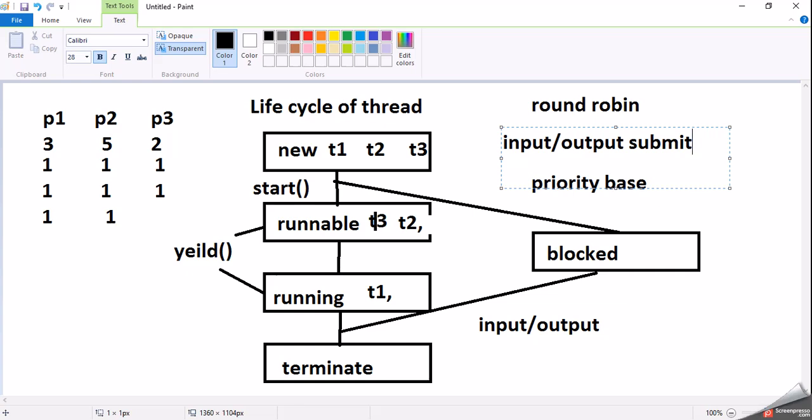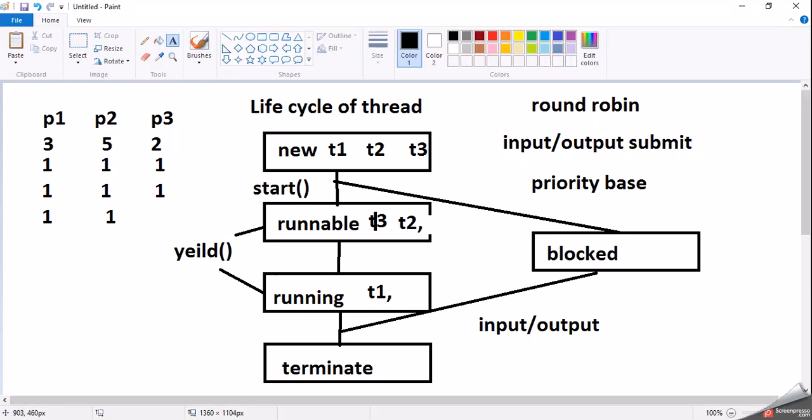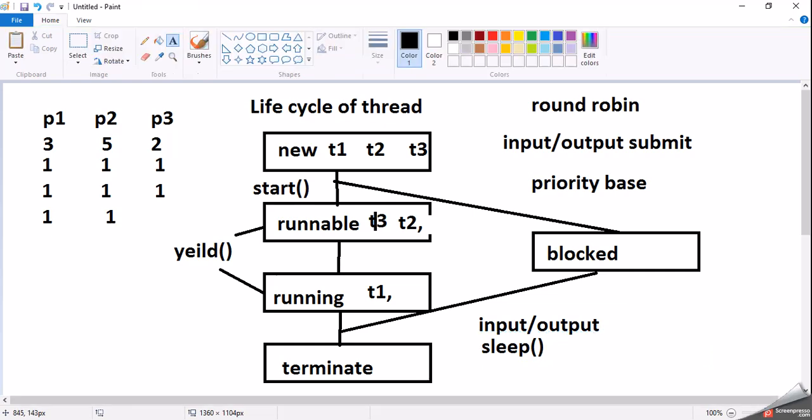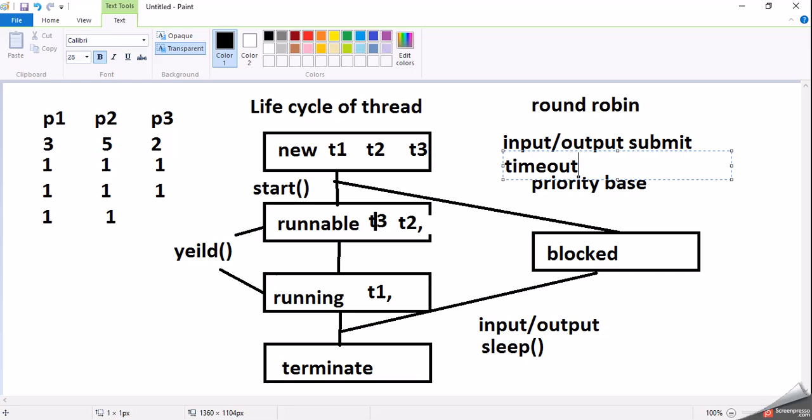Again it will wait for the process cycle, then it will get the process cycle and transfer from runnable state to running state and start the execution of the remaining part. Same as, suppose we use the sleep method, then it will transfer from the running state to blocked state, and after timeout